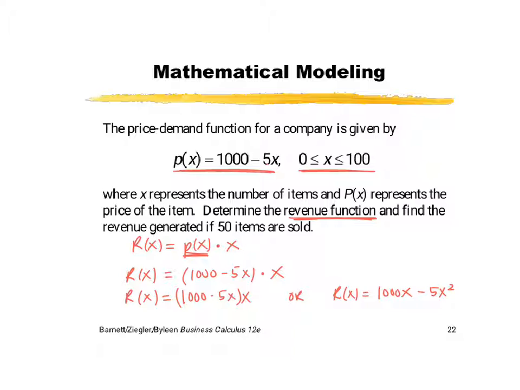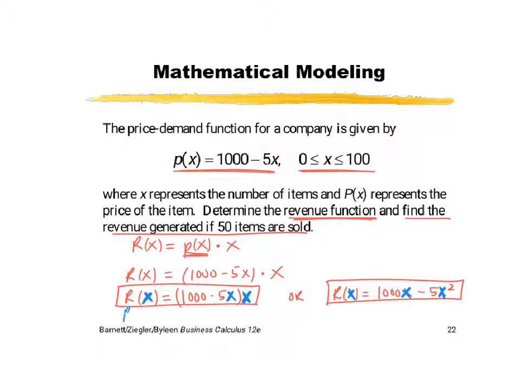So that's the revenue function, this or this. Okay. And then it says to find the revenue generated if 50 items are sold. So if 50 items are sold, I'm going to replace the number of items with X. Okay, so notice here, or you can use the other equation. Okay, so we have R of 50 is equal to 1,000 minus 5 times 50